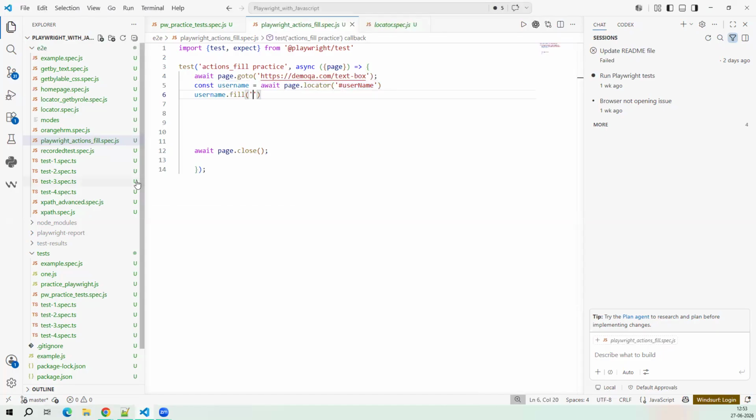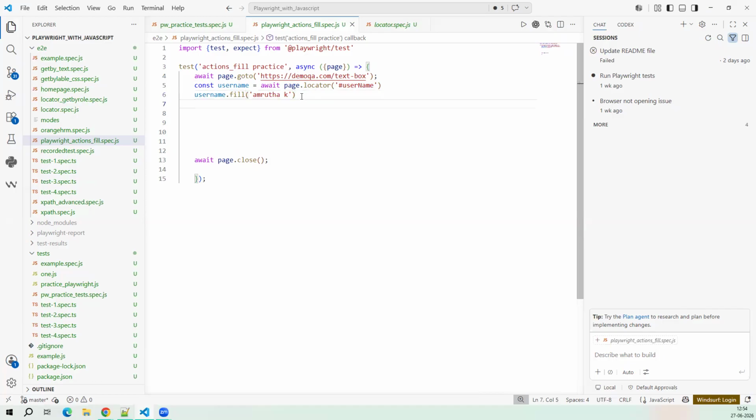Okay, full name. Amruta, Shiva, like that. Amruta K, something. You have given the full name. Okay, this is the way you can give. This is one way. But the second way, let me finish. If I wanted to give the same query,